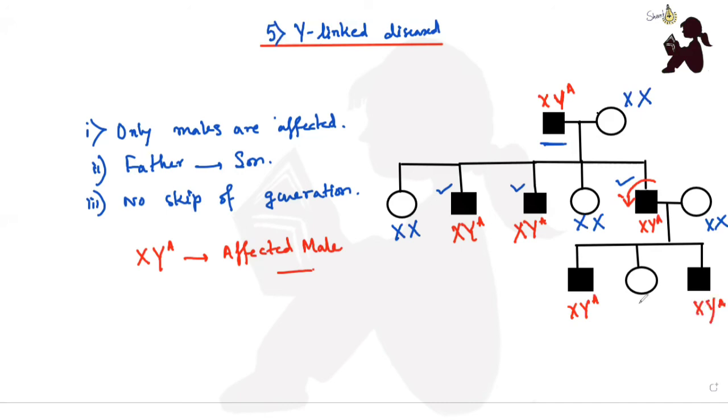So in this case, all the male individuals will be affected if the father is affected. And there will obviously be no skip of generation. So we can see the Y-linked disease in every generation. So this was all about the Y-linked condition and also the easy tricks to identify the